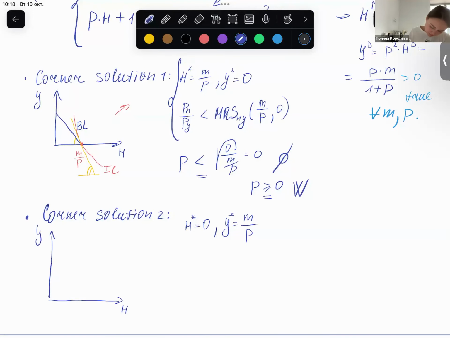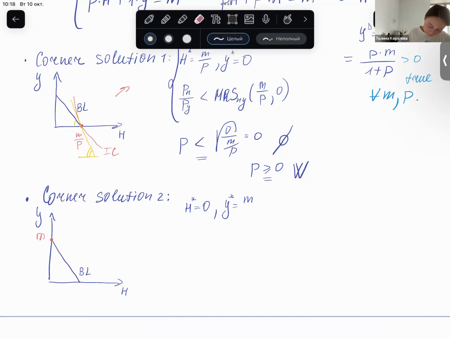First of all, you always draw the budget line, and we want such a point to be the solution. Here, M. Sorry, here no price, because this is the price of H. Okay, so for this point to be the solution, the indifference curve should intersect